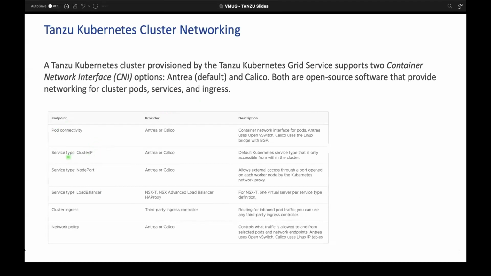Then we achieve networking using something called a service in Kubernetes. We deploy a service and associate it with the pod. We expose the pod on that particular service using a port. Services can be of different types, like ClusterIP, NodePort, and LoadBalancer. ClusterIP is used when you need connectivity within the cluster between the pods. NodePort is used when you need connectivity from outside the cluster to the nodes within the cluster. And these things can be achieved using the plain CNIs that are available as open source.